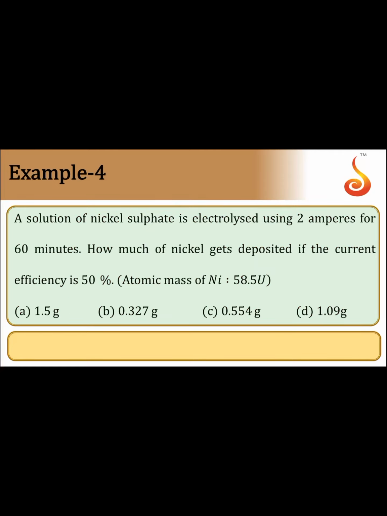Now we can use first law of Faraday. W is equal to E by 96,500 into I into T. Weight of the nickel we have to find here. Equivalent weight we calculated already, 29.25 by 96,500 into I. What is the I value here? 2 amperes. And one more point is also mentioned here: how much nickel gets deposited if current efficiency is